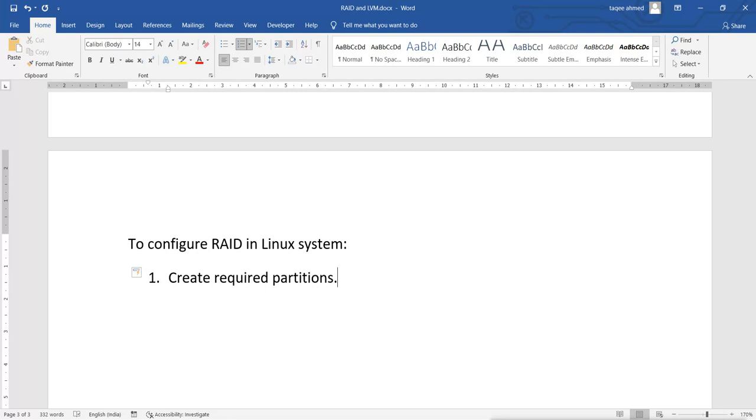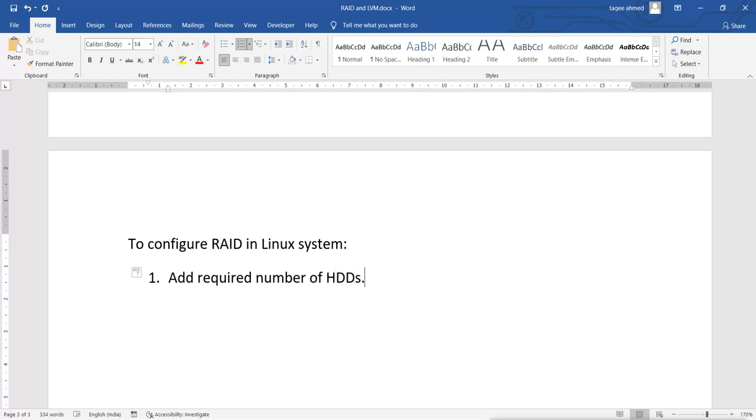So for creating that, first, if you want to use the disk, then you have to create the partition in that disk. So what actually, first I will show you: add the required number of hard disks.